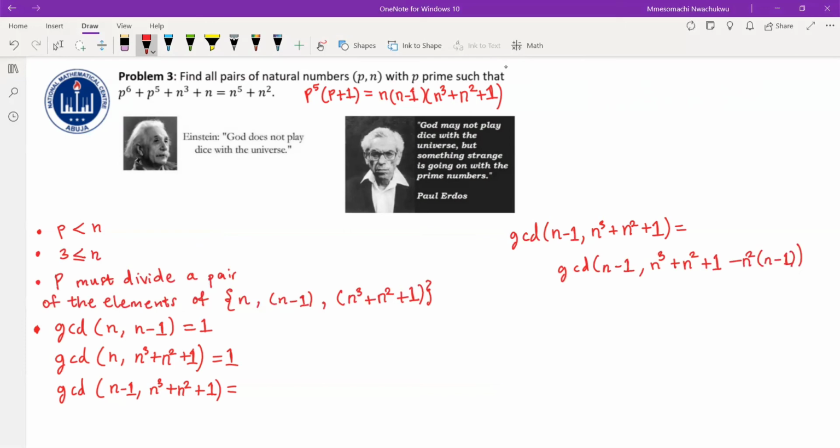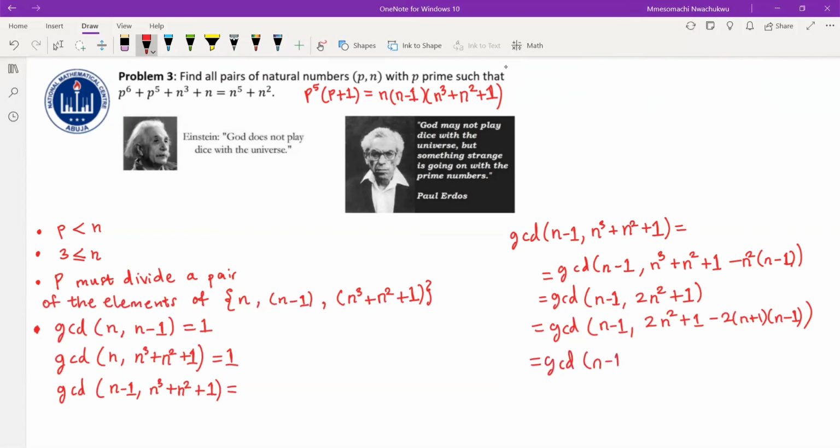So this is equal to the GCD of n minus 1 and, here we see that n cubed will cancel out, and we'll be left with 2n squared plus 1. Okay, so this is equal to the GCD of n minus 1 and 2n squared plus 1 minus 2 into n plus 1 into n minus 1. So I'm just using n minus 1 to reduce the other one. So this is equal to the GCD of n minus 1 and